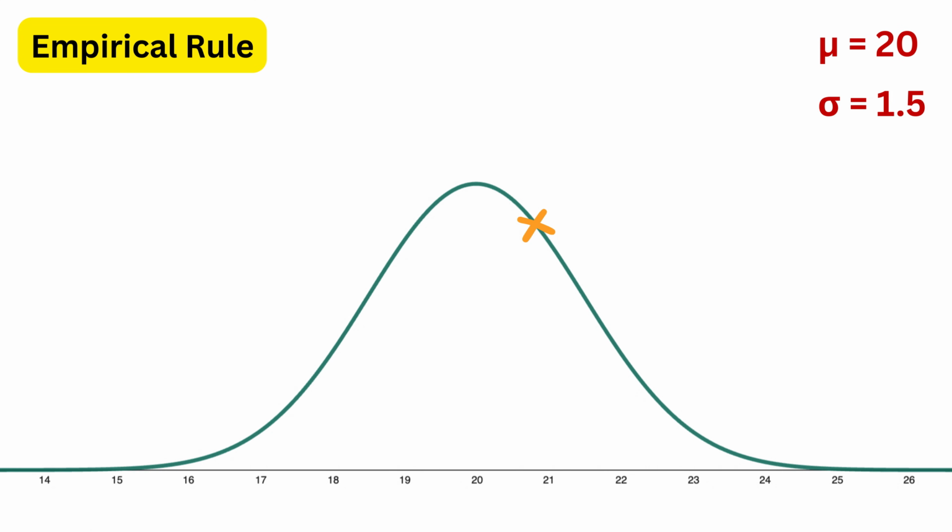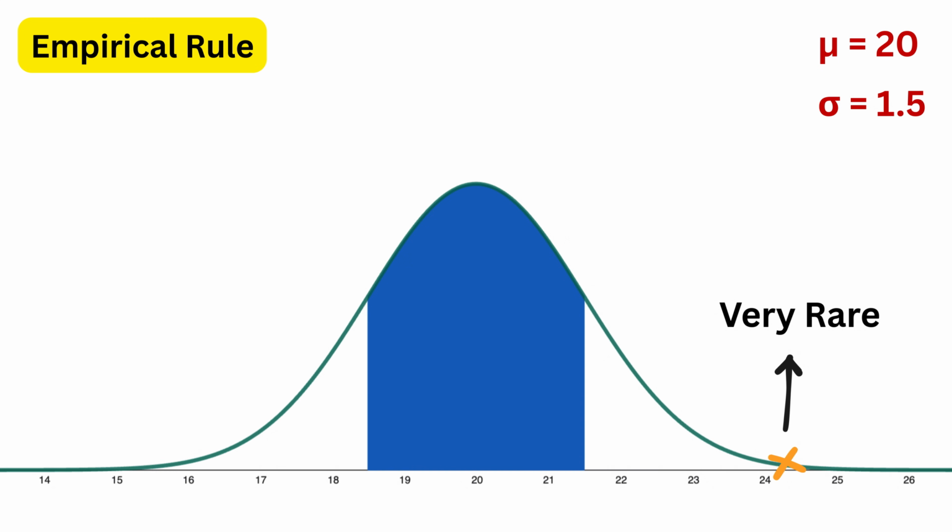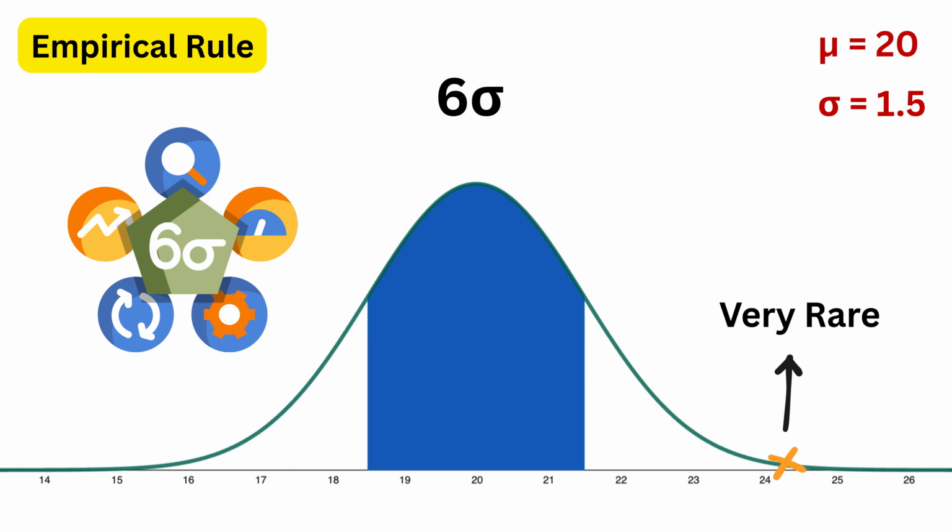So if you pick a random value from a normal distribution, there is a high chance it will be close to mu, likely within 1 sigma, and it becomes very rare to find values farther than 3 sigmas. This rule helps quickly judge how unusual a value is without doing heavy calculation. You know what? The concept of 6 sigmas is used in quality control and manufacturing to minimize defects, aiming for